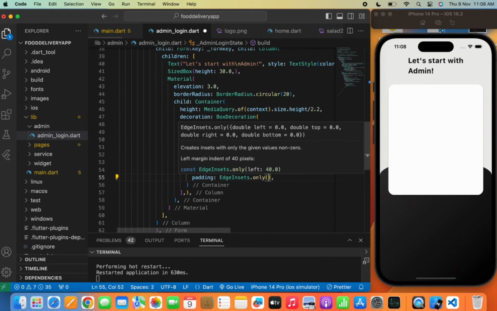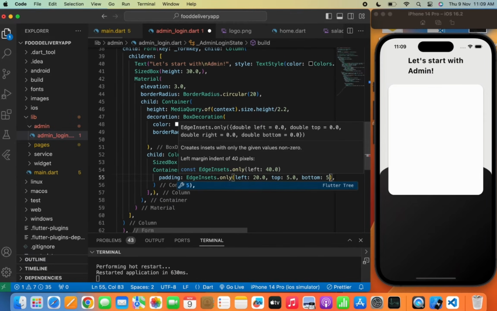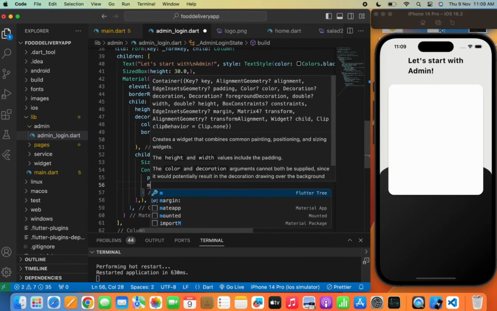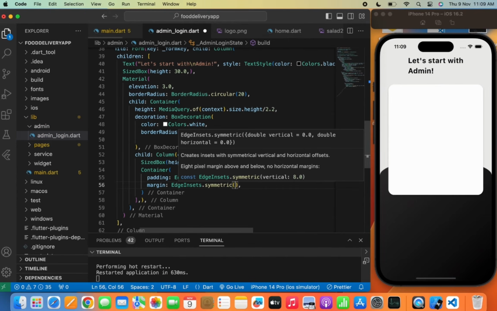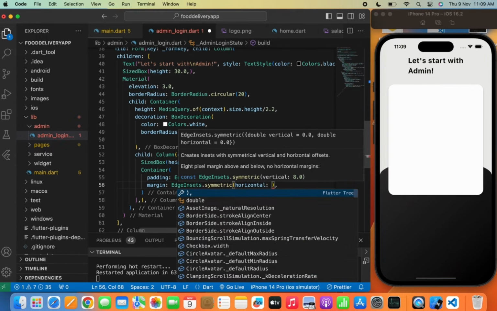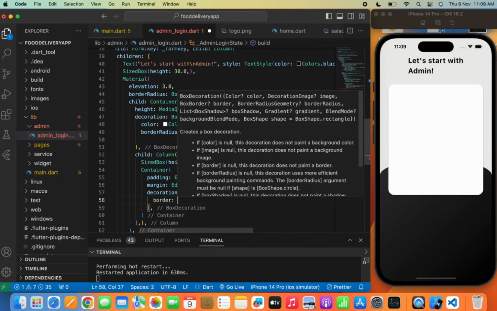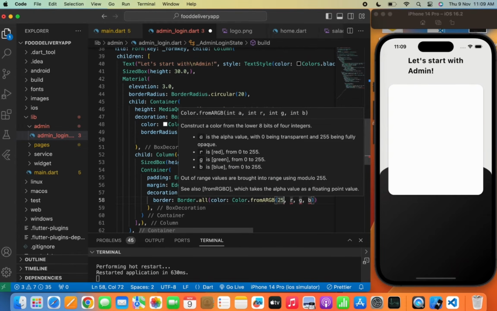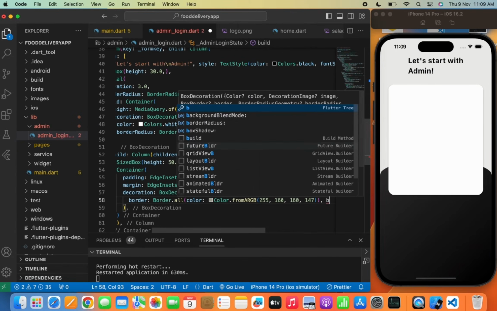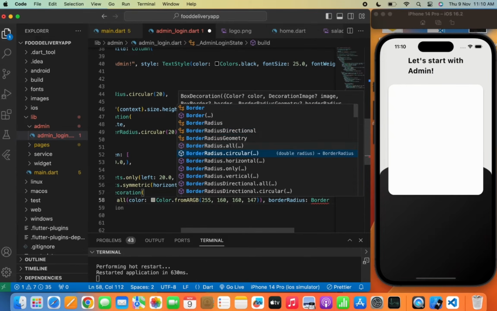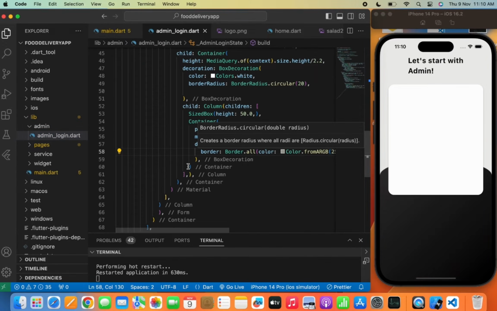Now container, and will give the padding here from left, top and bottom, and will give the margin from the horizontal direction and will use decoration, BoxDecoration, Border.all, and will pass the customized color code again in the border. I want to provide the border radius to the container, so I'll use a border radius here